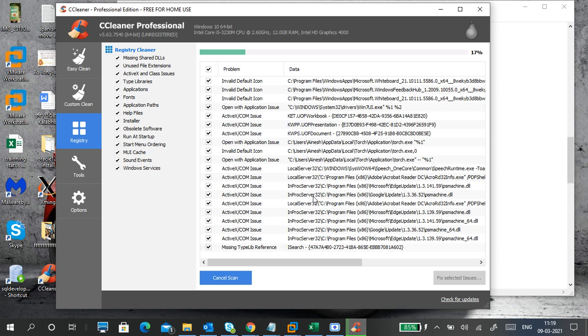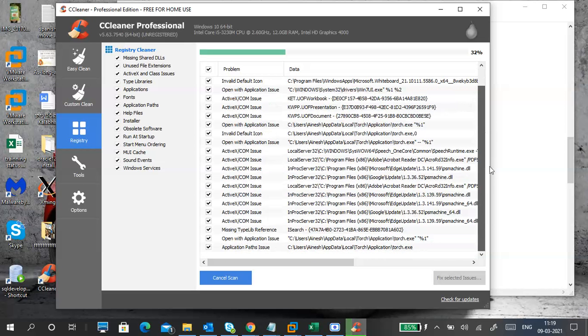Manually, if you want to search and find it, it's a little bit difficult. So what I do, I scan the registry, find out the broken links, and fix the issues. That is the use of CC Cleaner here. Manually it is a little bit difficult for me to do that.